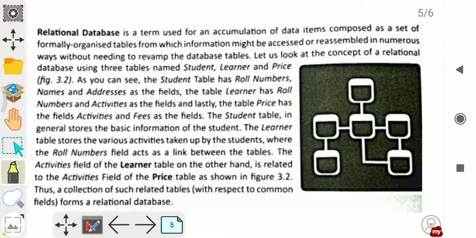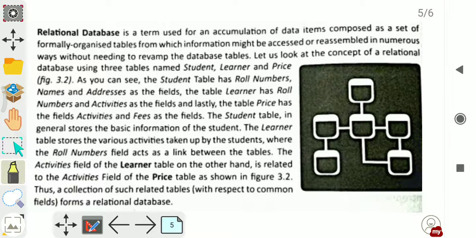For this goal we will have to connect these tables by some means, and this connection is established by the primary keys. And these primary keys are unique for each record.